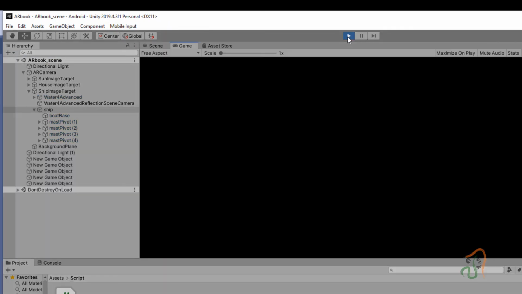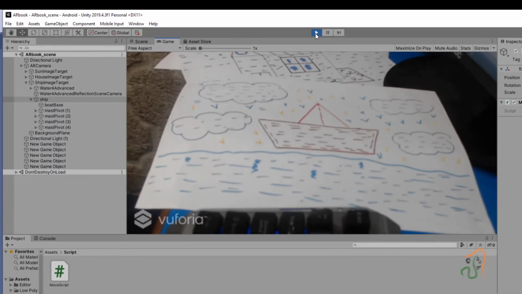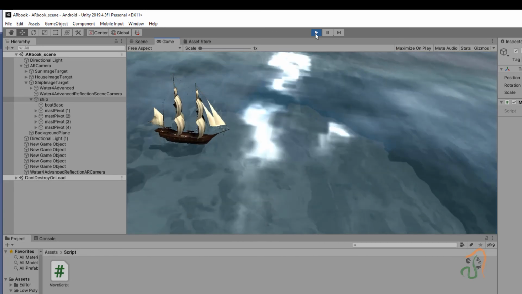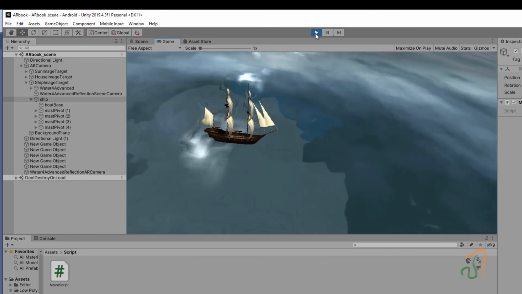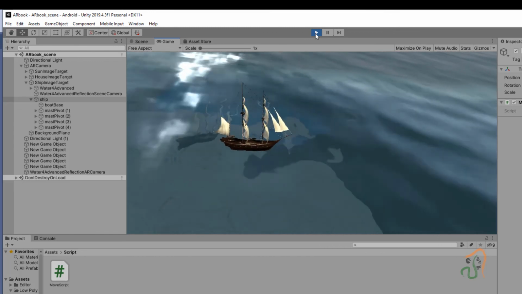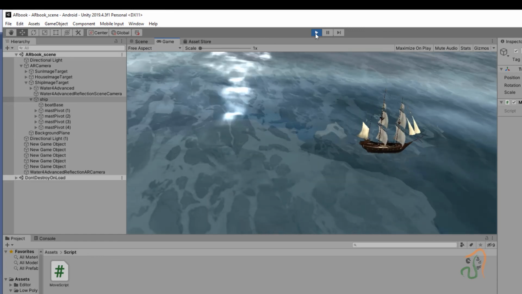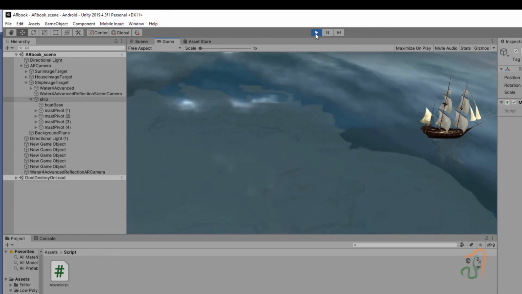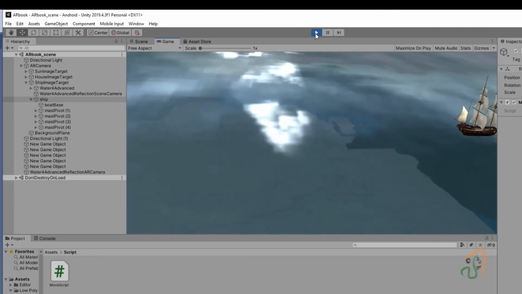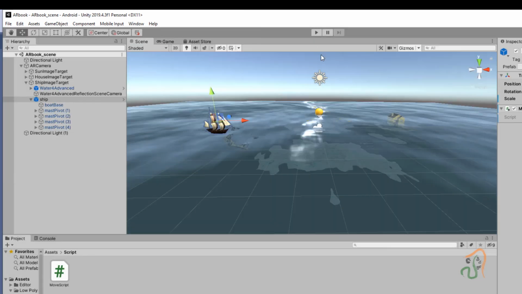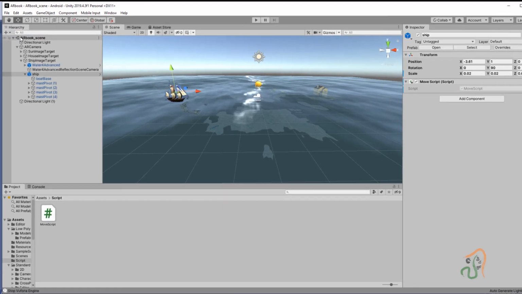So let us now execute the game. Now you can see the ship moving from the left-hand side of the screen to the right-hand side of the screen. It is slowly getting animated from left to right. So we have successfully created this animation. So let us stop the game. This is running fine now. So with this, go to File and choose Save to save this project.